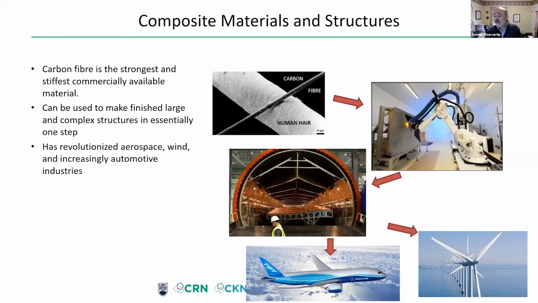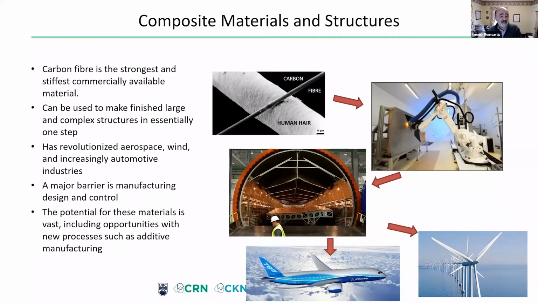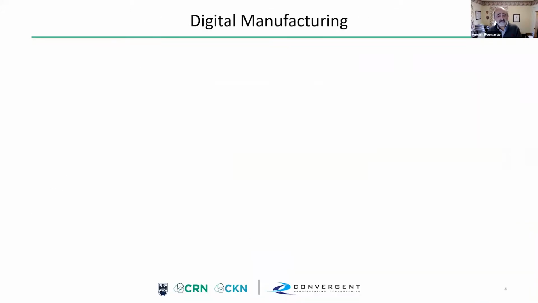And if we look at energy, the revolution in wind energy has been made possible by our ability to build these astoundingly large wind turbine blades. Again, the thing that holds us up from going even crazier is manufacturing, design, and control. It's one thing to design it, as Elon Musk said. It's a totally different story to actually make it well. And so the potential is vast if we can overcome the difficulties.